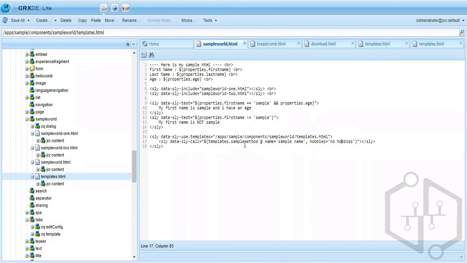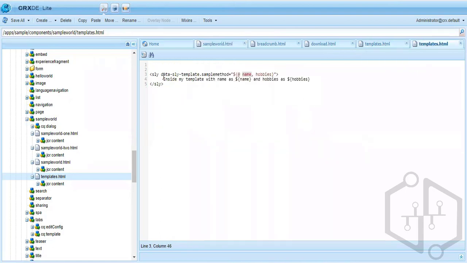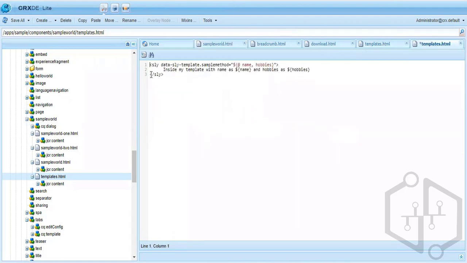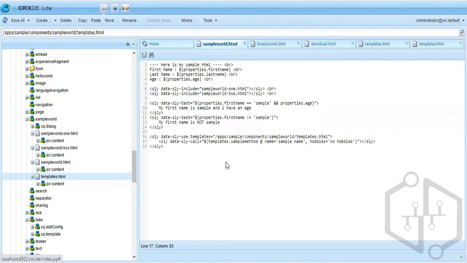Pretty straightforward. What I did is I created this template.html. Basically, it's a class like we have in Java. And here I have some methods. One method is this sample method. In case you want to create another method, then you just copy paste it and write it over here. So this will become another method. Let's say this was sample method 1 and this is sample method 2. To call sample method 1, you will write this sample method 1,